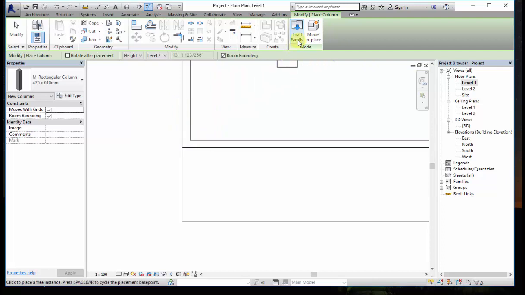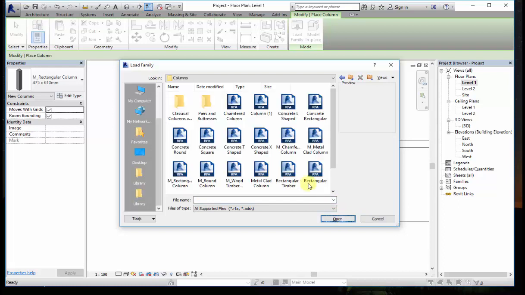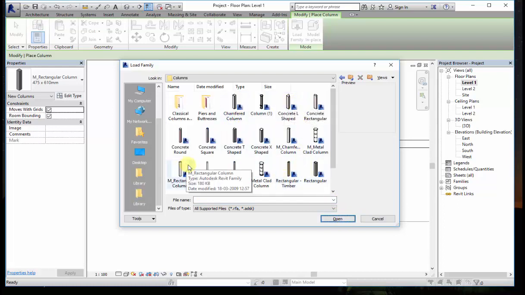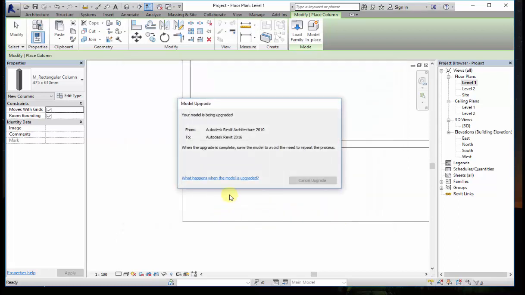here I'll click on load family. Next I'll get the family types. In family types I'll go to columns, and here I have a number of columns. I'll select the type of column I want to place, for example a circular column or a rectangular column. You can see there are types of columns here. Whichever you want, you can select it from this list. Here I'm going to select a round, circular column. Next, just click on open